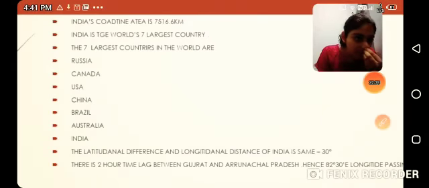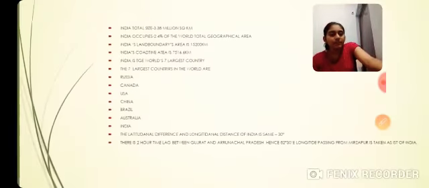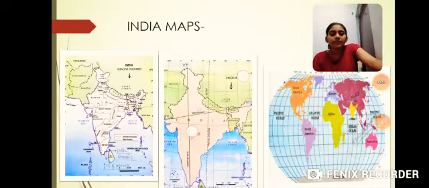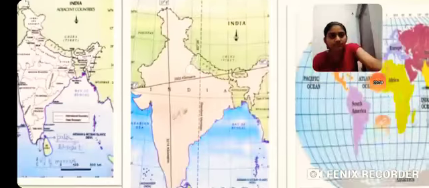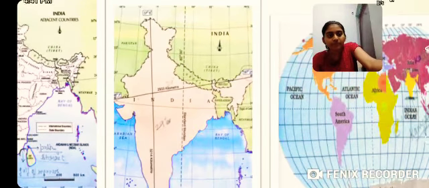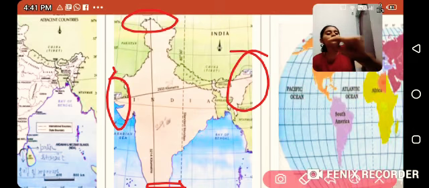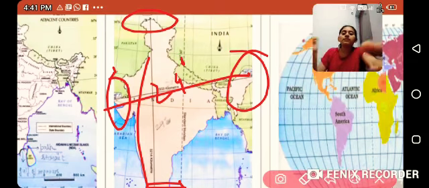And if this thing develops, then you're going to never face any problem. Now in the latitude, let's again come back to the map. I would like you to show the maps. Here you can see this map. Now do one thing, just subtract this uppermost tip from the lowermost tip, and subtract the western and the eastern tip. What you're going to get, the difference is 29 degree. Latitudinal difference and longitudinal difference is same.